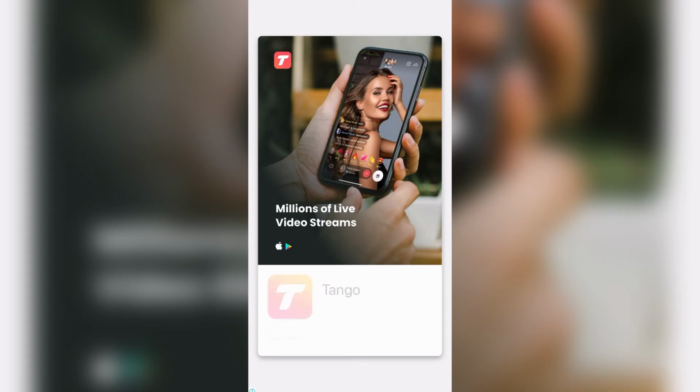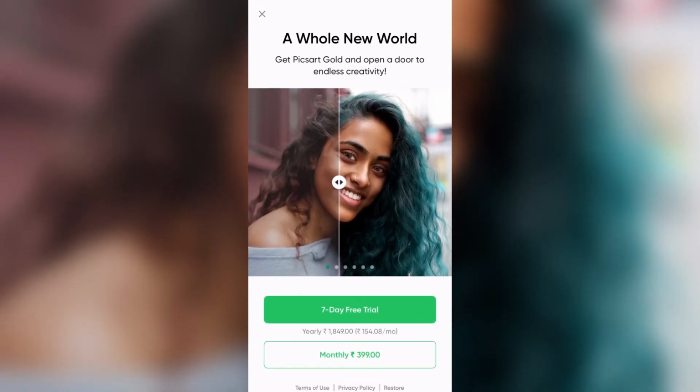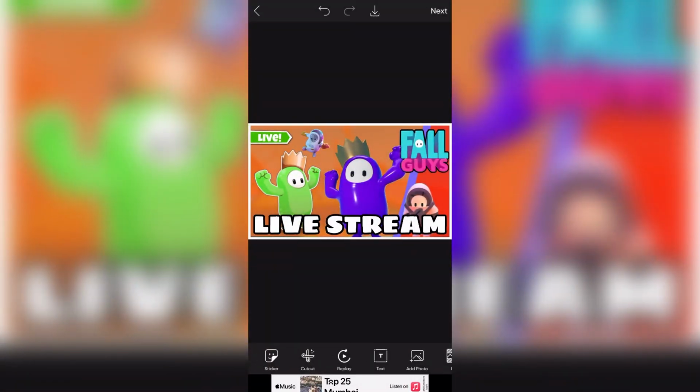After it, guys, click on next. It will show you an advertisement. Just click on the close button. Now it will ask if you want to save it, just give it a save and download photo. Last advertisement, and it's saved to photos, guys. Your photo has been saved. This is how you make a simple thumbnail, guys, for any game.